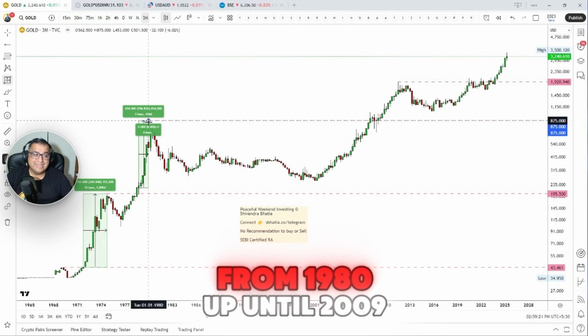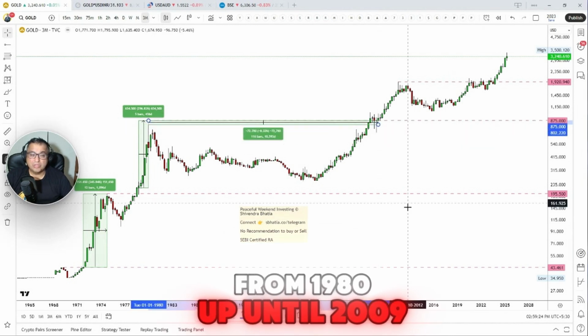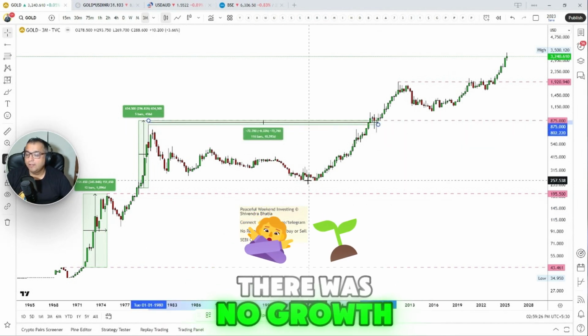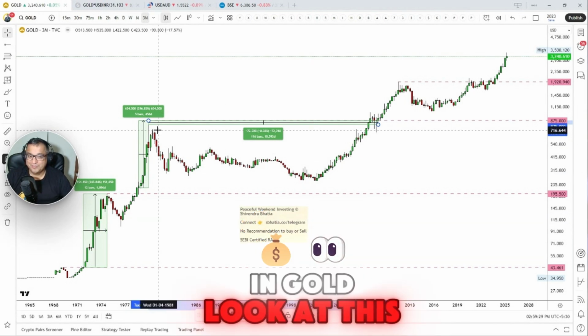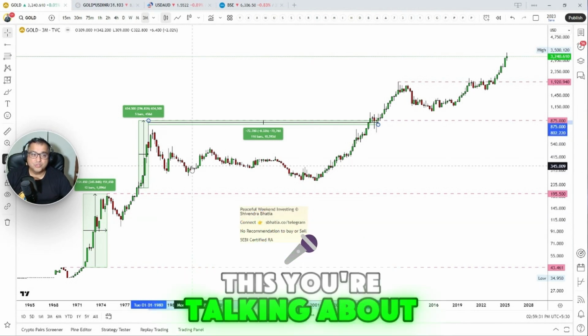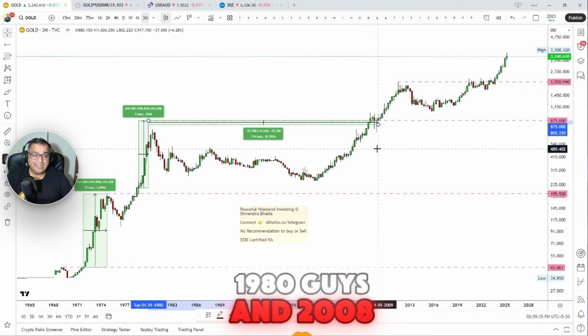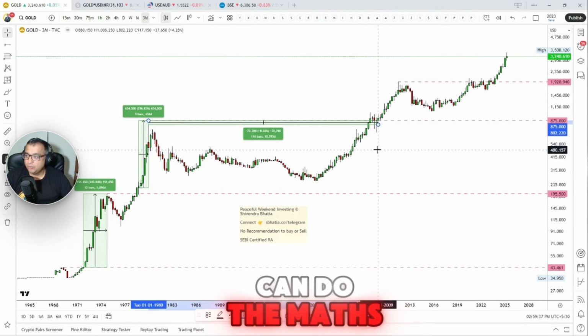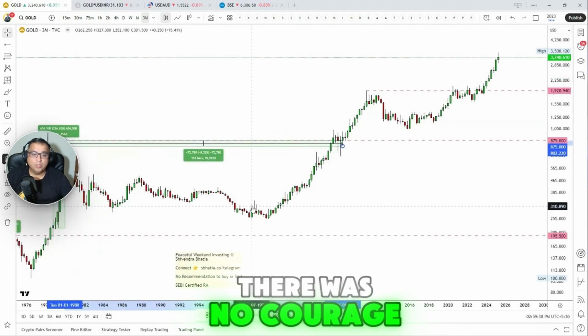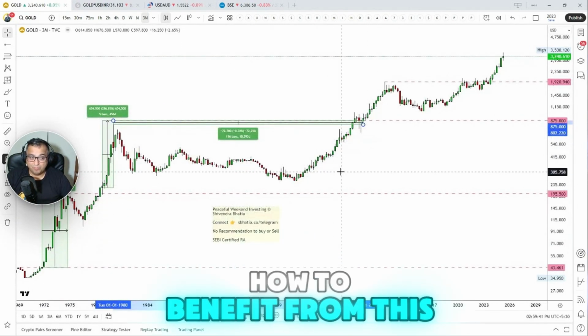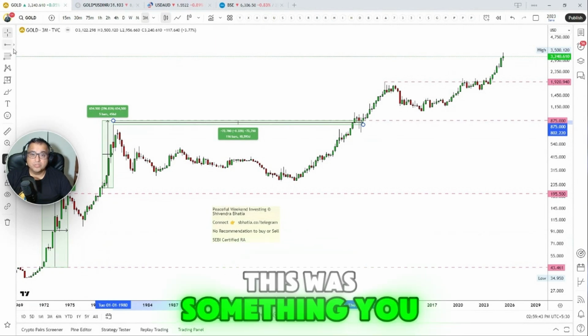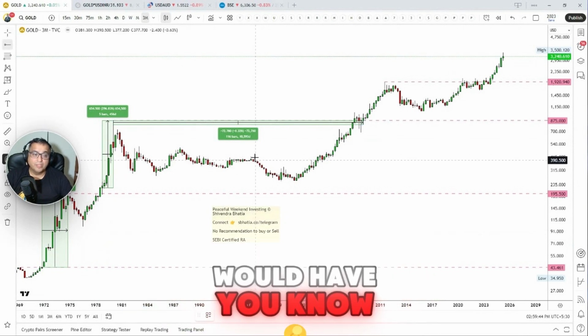From 1980 up until 2009, there was no growth in gold. Look at this. You're talking about 1980, guys, and 2008. How many years? You can do the maths. There was no correction. If you don't know how to benefit from this, this was something you would have benefited